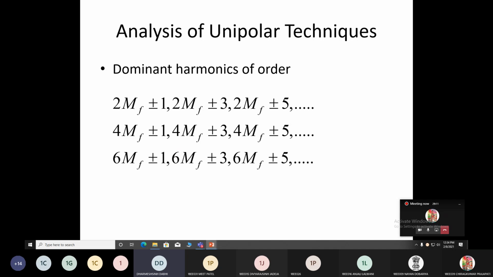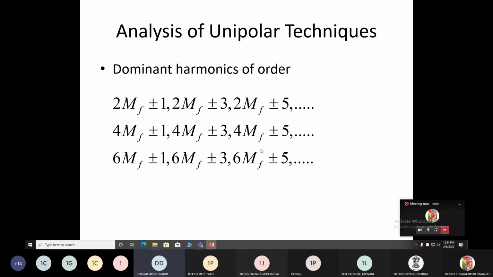Generally we prefer to use the unipolar technique if you require less harmonics or if you require a less costly filter in your inverters. Clear? So this is the advantage and comparison between the unipolar and bipolar technique. All of you get this point? Is there any doubt in the unipolar technique? Anyone? Is there any doubt?